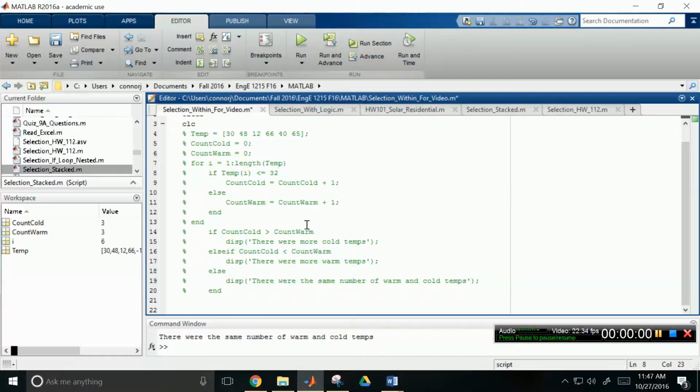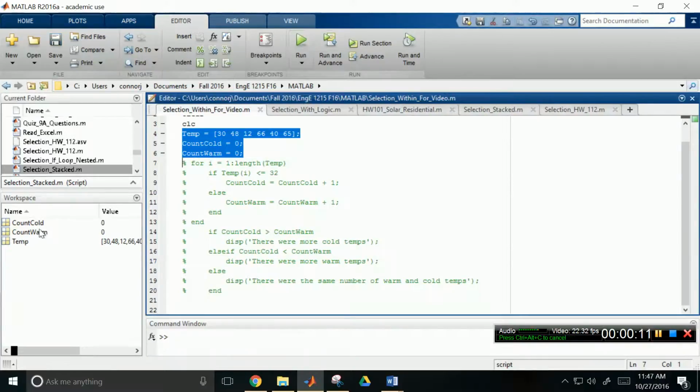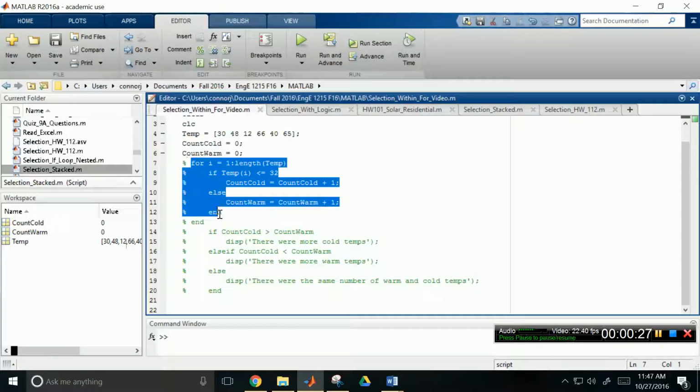This is putting a decision within a loop. So let's start and we'll initialize our variables first. We have a count of how many temperatures are cold, count of how many are warm, and then here's the vector of temperatures. Now we're going to go in, and what we want to do within this for statement